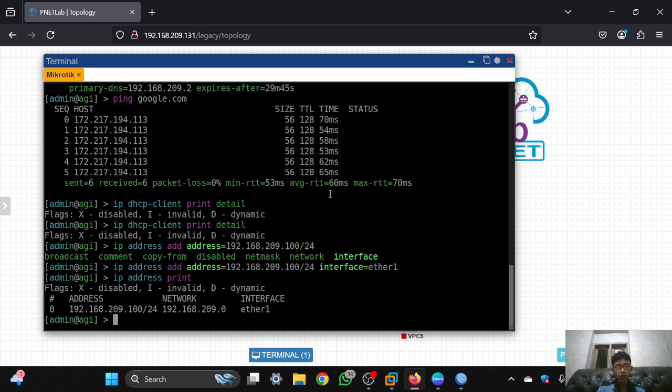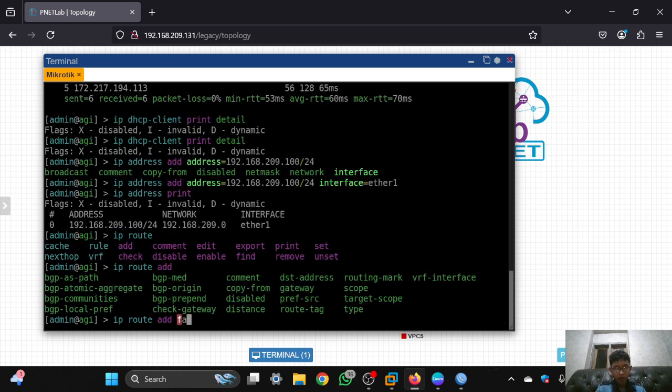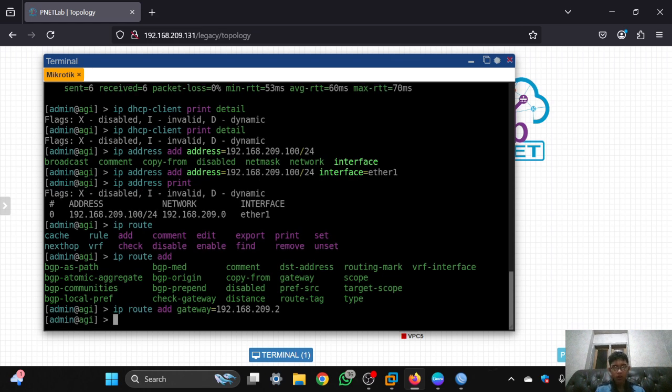So to set it, so we can connect to the internet, it is with the command IP route, then set, add, and then gateway, and fill it with the IP gateway of the ESP, which in my case is 168, and click enter.